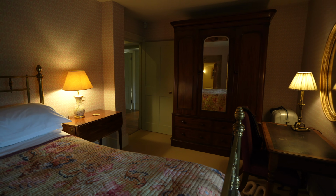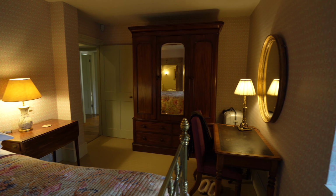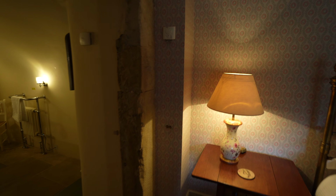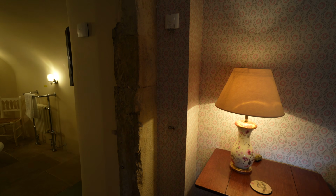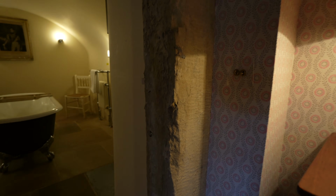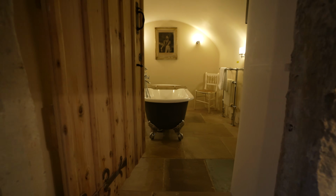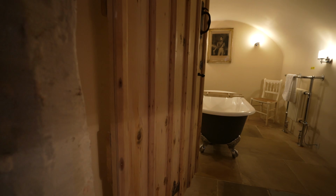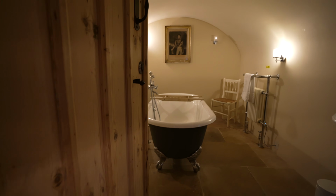Has a big wardrobe. We keep our clothes in here actually. And next door is such a unique bathroom. I don't know if you can see this. So this must be an old door that they kept. I don't know. But when you walk into the bathroom, you can see